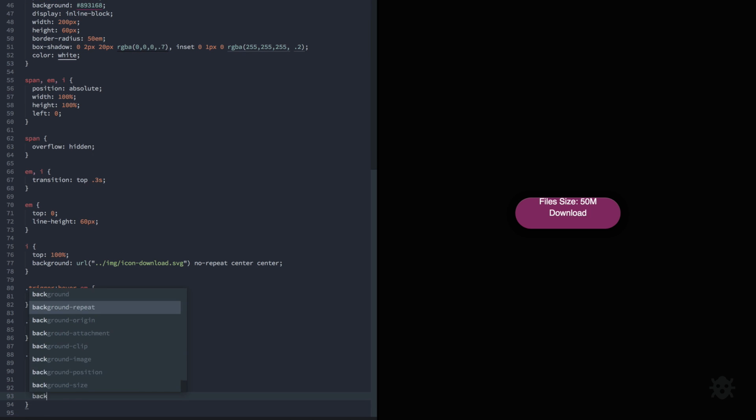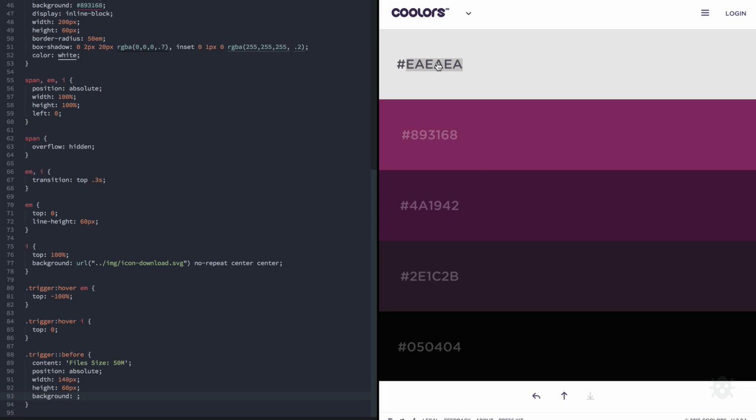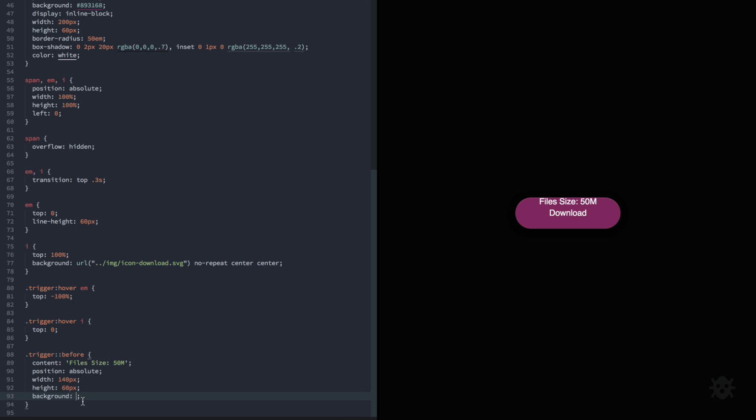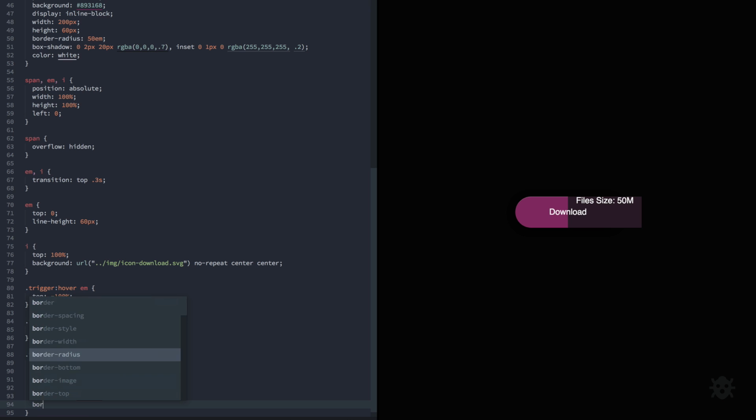We're going to give it a background as well, and one more time we're taking a color from our color palette,